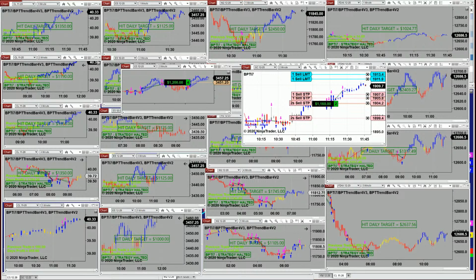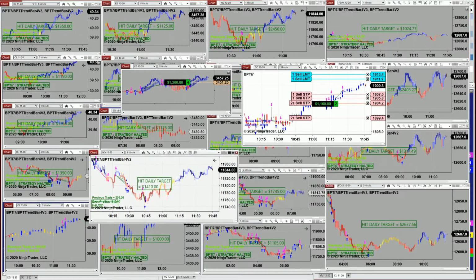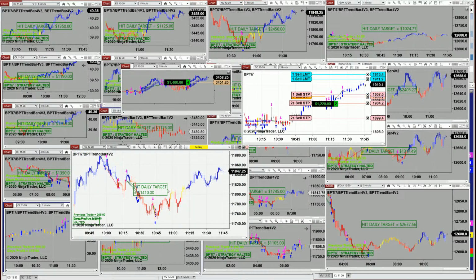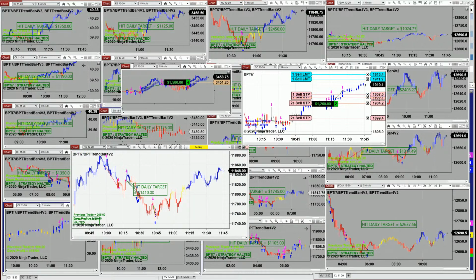Let me see. Look, this is for most of you using the number 10 template. That's what happened. Now it's 11:44. This is the number 10 template that most of the traders are happy with, and it's very consistent. It's making decent money on the NASDAQ. And it made 1,410, which if we look at the